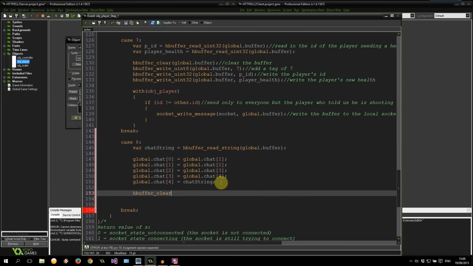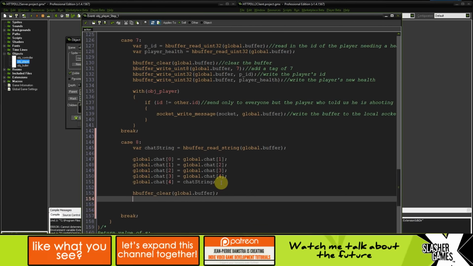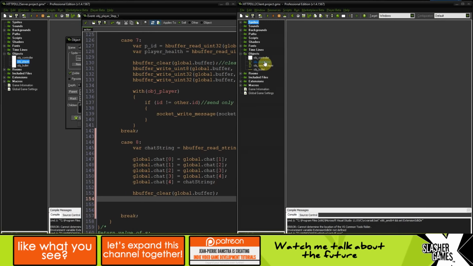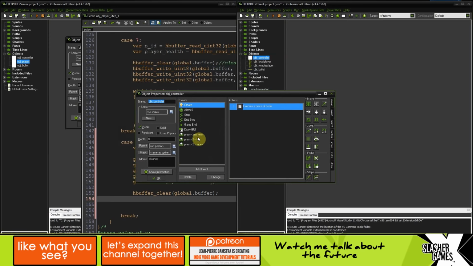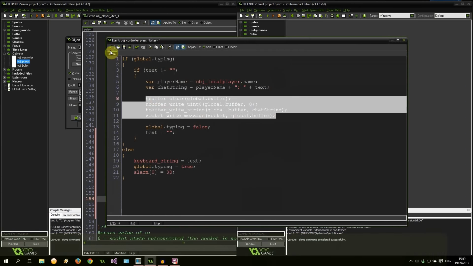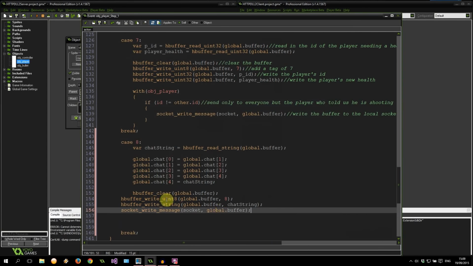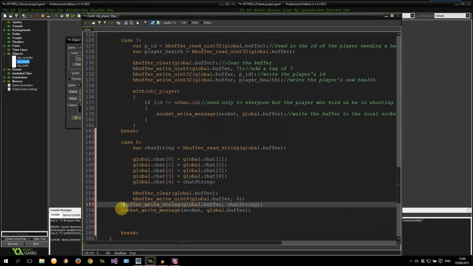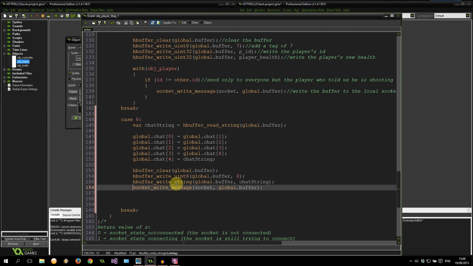Clear the buffer. Let's actually go to our client and steal this. Oops, we need to go to the controller, into the enter key, and let's steal this. Okay, let's paste it over here. Also writing an 8, writing our chat string over there, and then in this case we need to say,